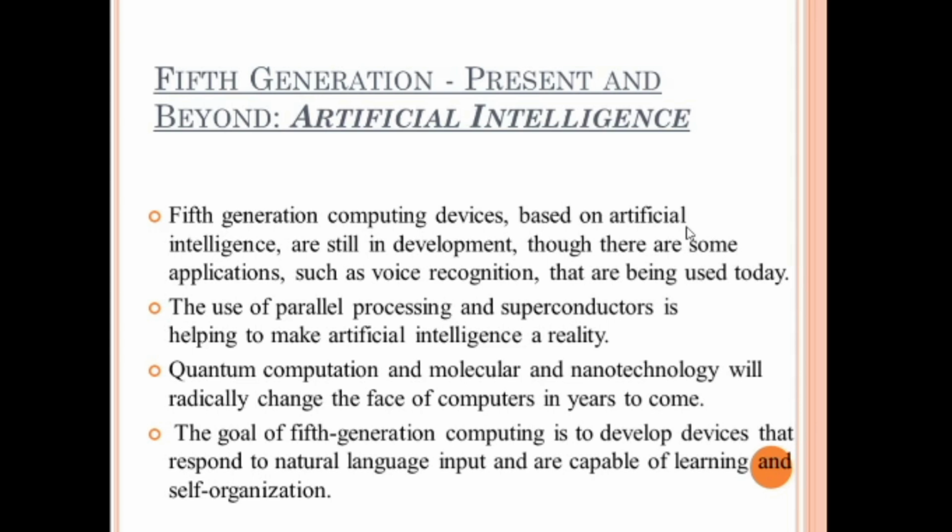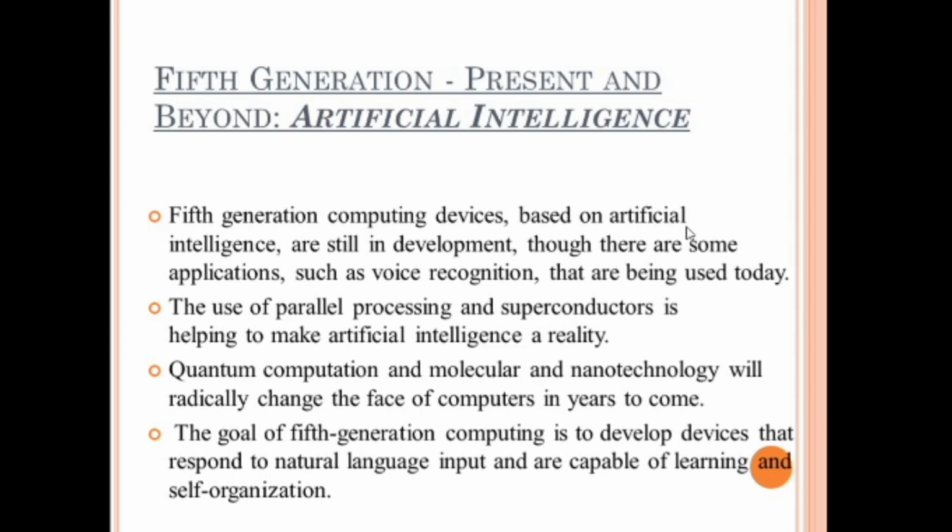For example, if you are playing a chess game on the computer and you move a soldier, the computer will move in response to the opposite point in the chess. So in this particular area, we are using artificial intelligence. In many areas we are using this AI concept. In this fifth generation, VLSI technology became ULSI technology, that is, ultra large scale integration technology, resulting in the production of microprocessor chips having 10 million electronic components. This generation is based on parallel processing hardware and AI, artificial intelligence.